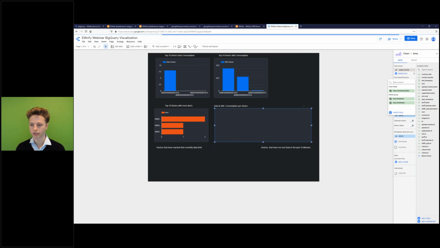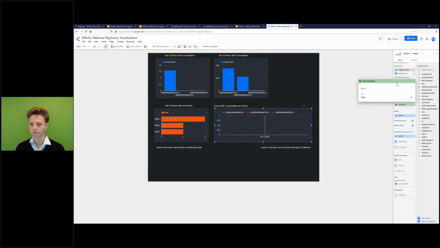Then we will add a date range dimension from end timestamp and change the type to date hour.